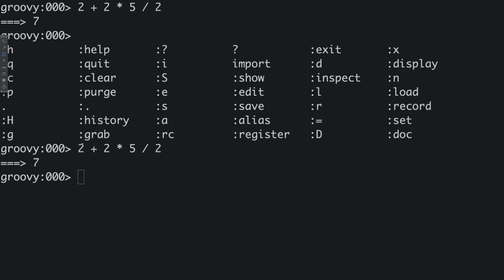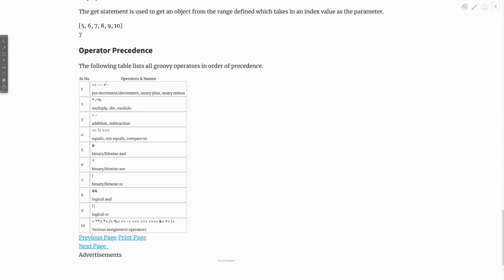So what's basically happening here is that we have operator precedence. When this statement gets to the compiler, it sees, oh, I have addition, I've got multiplication, and I've got division. So it looks for operator precedence. Here we have multiply, divide, and modulus. So multiply will be executed first, then division, and then the modulus. In terms of addition and subtraction, addition happens first, and then subtraction.